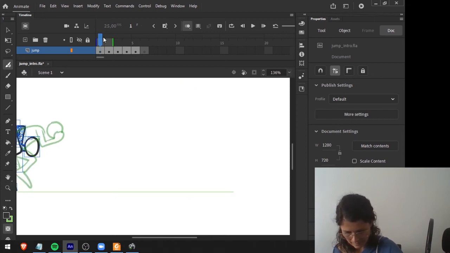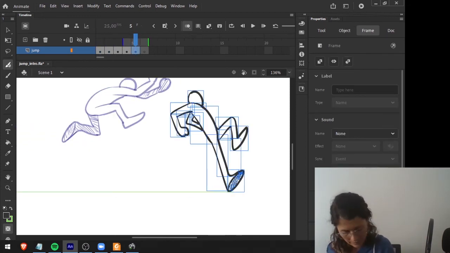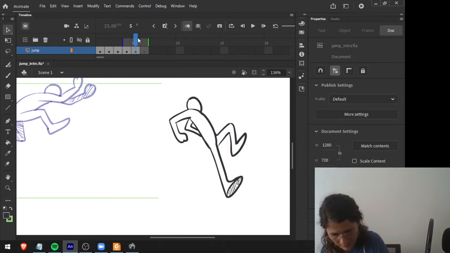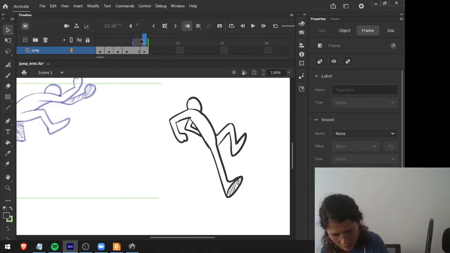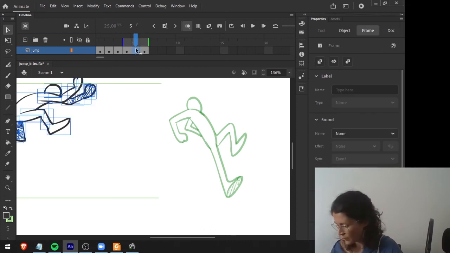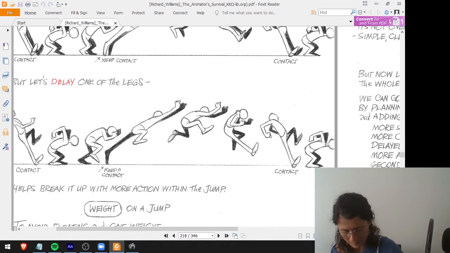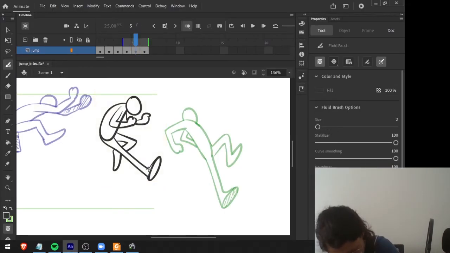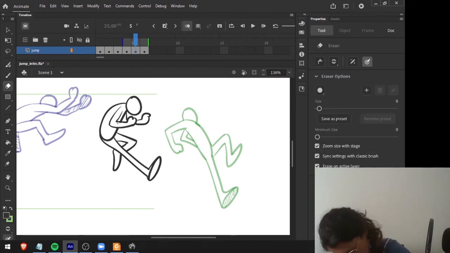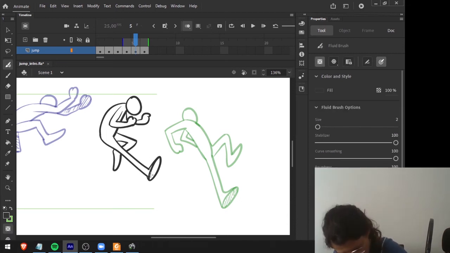In this case, I will bring this one a bit further because I will break apart these two. Okay, so I will have an intermediate pose here, that is this one. And notice here that the head is coming down, the shoulders are now also a bit lower, the arms also came down. Here I'm already showing the sole, the same one that I'm showing in the next pose.